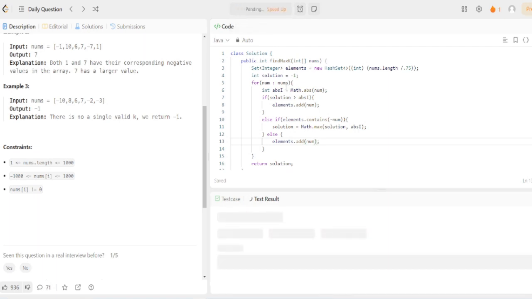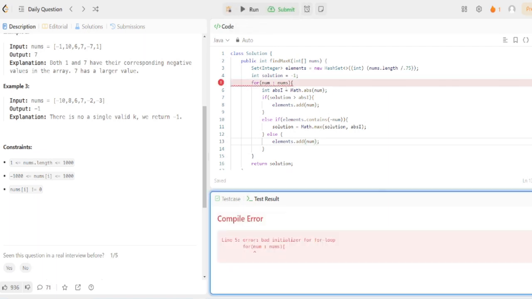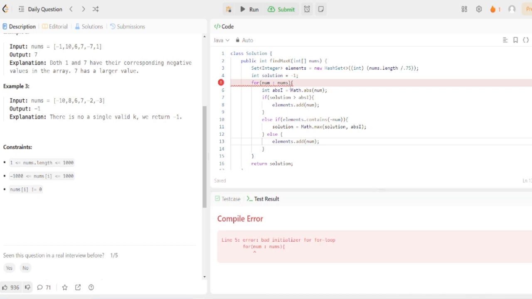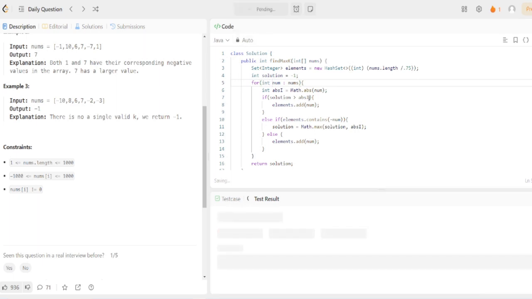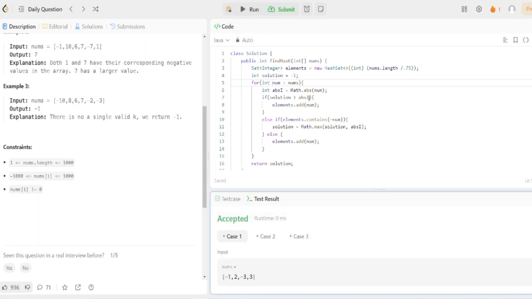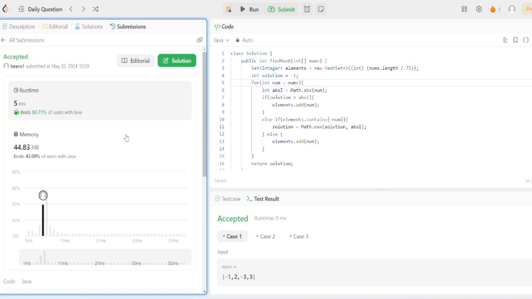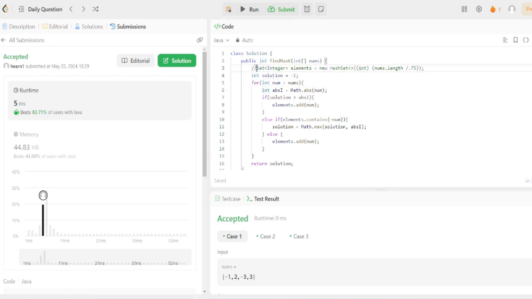Let's double check that. Where did I screw this up? Oh, I need to say int num. Did we beat 5 milliseconds? Nope. All right. There's still something else, and I think it's what I'm saying. So let's actually scratch this